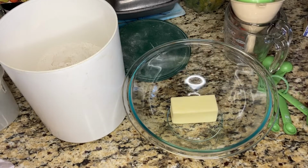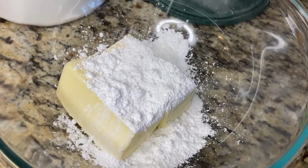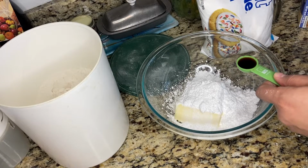First things first, we're going to preheat our oven to 350 degrees Fahrenheit, and then we're going to jump right into the butter, and we're going to want to cream the butter, the powdered sugar, the vanilla extract, and the coconut extract. The coconut extract is going to give these snowball cookies a bit of a tropical flavor,